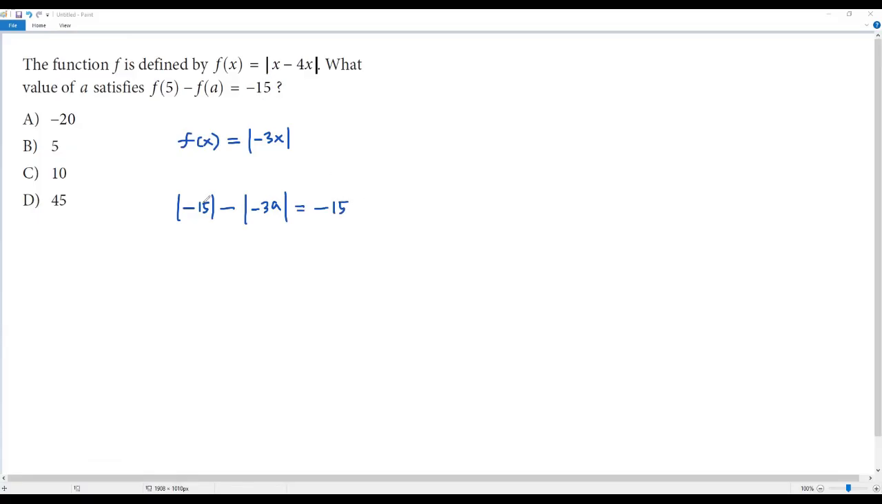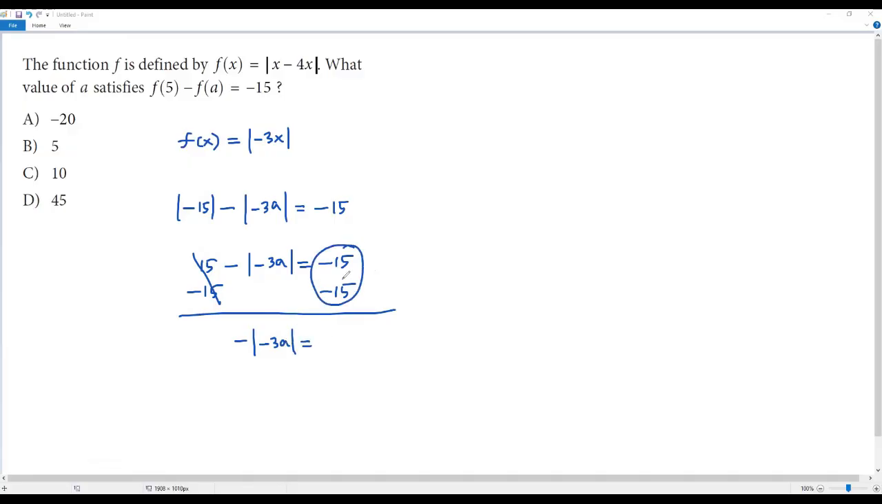Okay, we know that the absolute value always results in a positive value. So the absolute value of negative 15 equals positive 15. Negative the absolute value of negative 3a equals negative 15. Now let me subtract 15 from both sides of this equation. Then the positive and negative values will cancel out. I am getting negative of the absolute value of negative 3a equals, when I combine these two numbers,